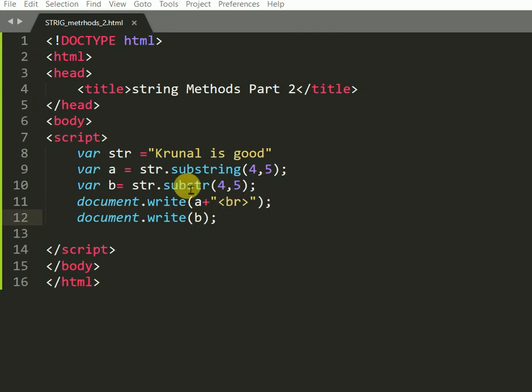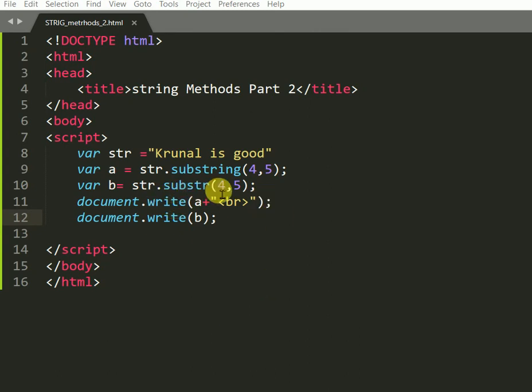Here we will see substring and substr. In substring, we pass 4 and 5, and it returns the value between them, the value at index 4.